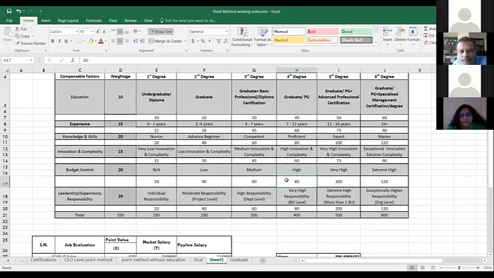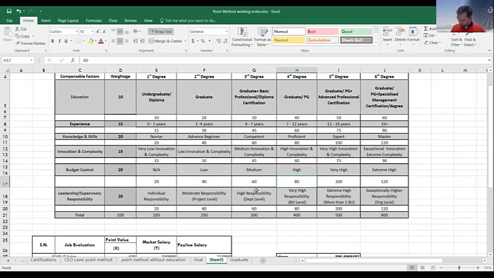Okay. Right. So, for example, if you have evaluated a UI designer and he's getting a lower score than an IT recruiter, that's possibly because of the rating that you've given on innovation and knowledge and skill. For me, innovation and knowledge and skill for a UI developer should be higher than for an IT recruiter. But then, sir, we also look in combination with the experience, because he's coming with an experience of 3 to 5. No, experience is fine. Don't worry about experience. Experience is a separate criterion.